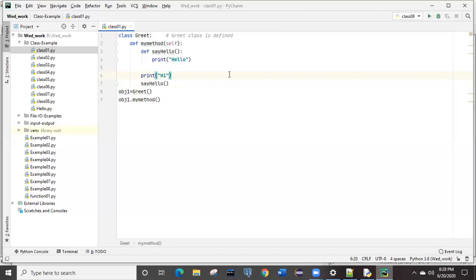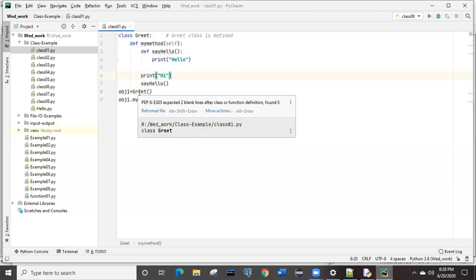If you hover over it, it shows the first line only: expected two blank lines after class or function definition.